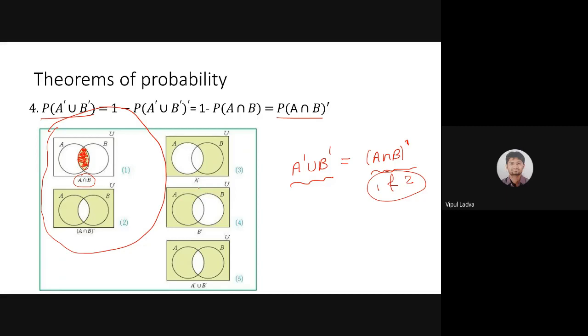Now, can you identify any common part in both of these? In figure 3 and figure 4, we need to identify a common region in which we are having shading. देखिए, this portion, we are having shading in figure 3, but we are not having shading in Venn diagram 3, but we are having it here.